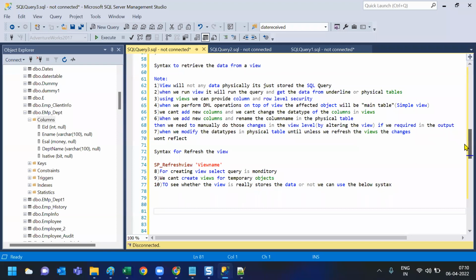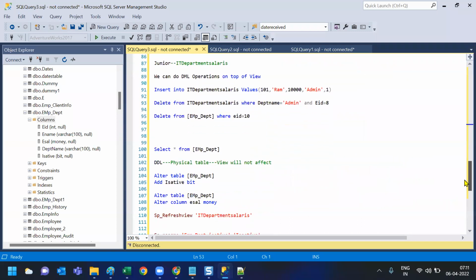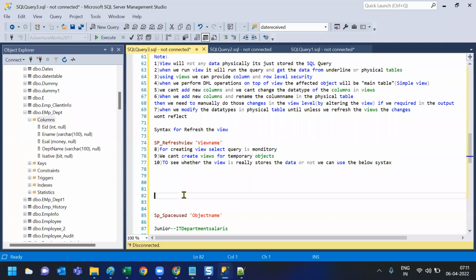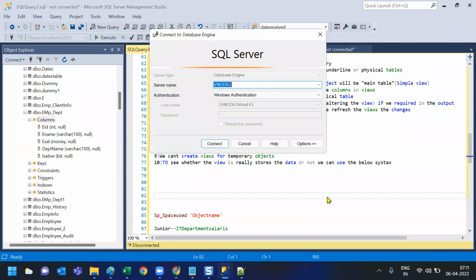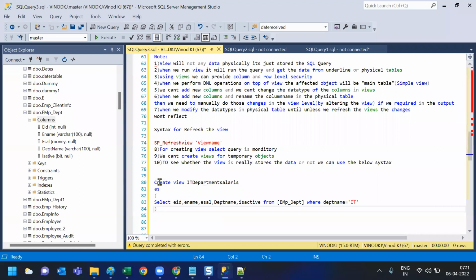So there are a few more points which we need to discuss inside a view. Okay, so let me just show you. Okay, as I said, inside a view, we can also